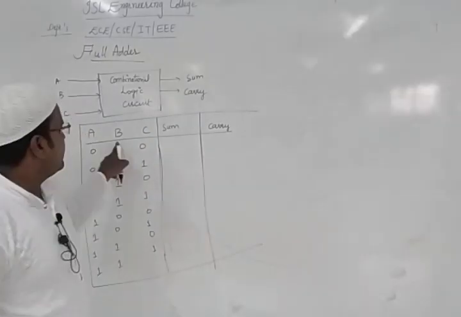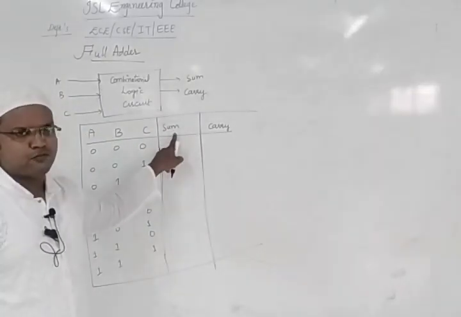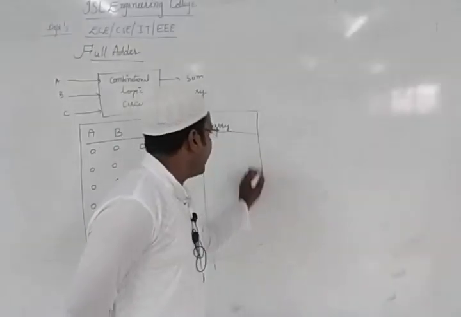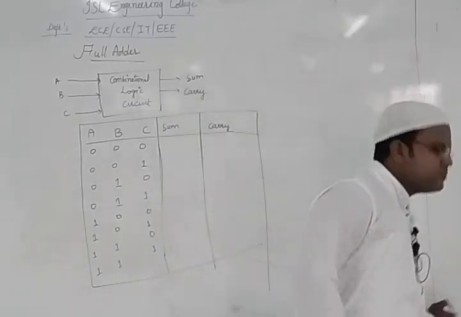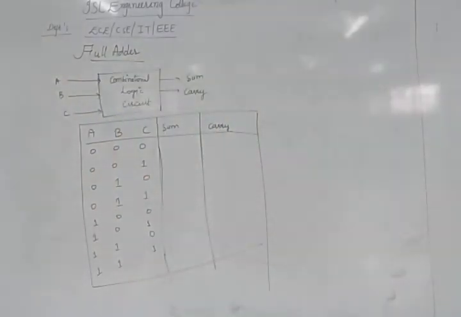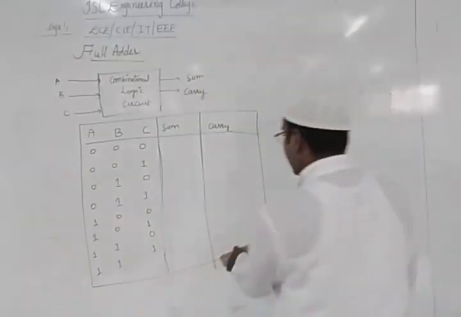Next, we have given three inputs A, B, C. The outputs for that would be the sum and the carry. By taking the sum and carry, we can design the logical function. By using the logical functions, we can write its value. How do we write it? By taking these three variables A, B, C, we'll try to write its function. After writing the function, what is the next step? By drawing the K-map, we will design it. So how do we design it?